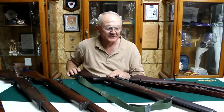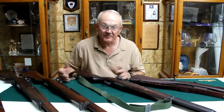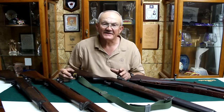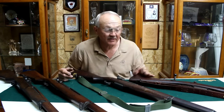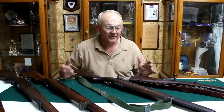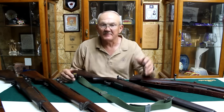I bought this one at Anniston Arsenal in Alabama. It's just pretty much a parts gun. It was part of a Lend-Lease gun that was sent to Denmark. It came back. Matter of fact, it has a VAR barrel in it, which is recognized as being a very good barrel. So, to give you an idea, these guns were adopted by the U.S. government back in the late